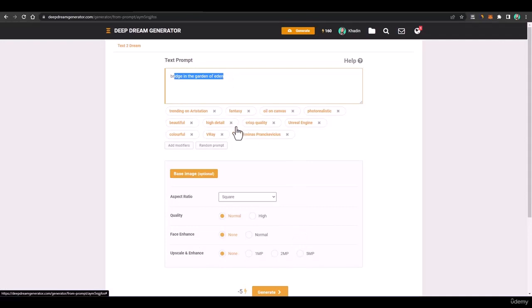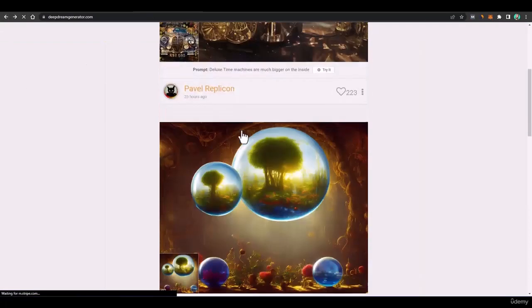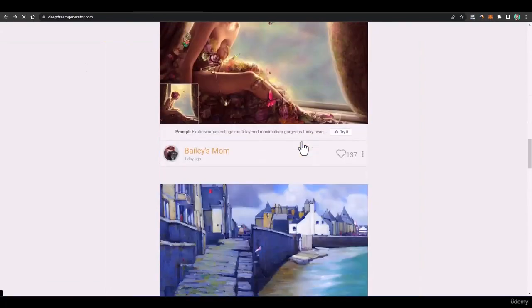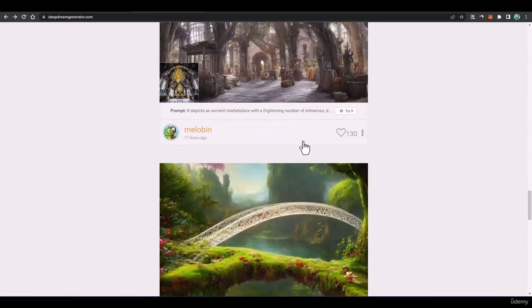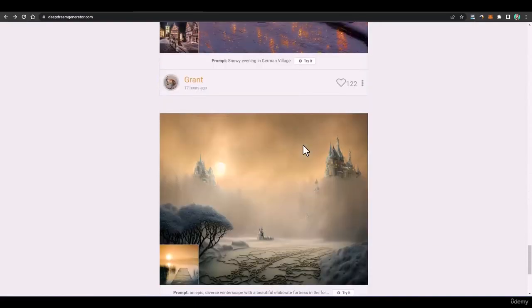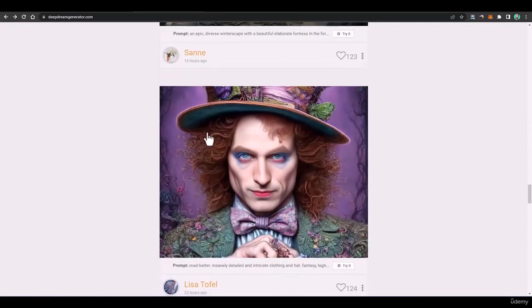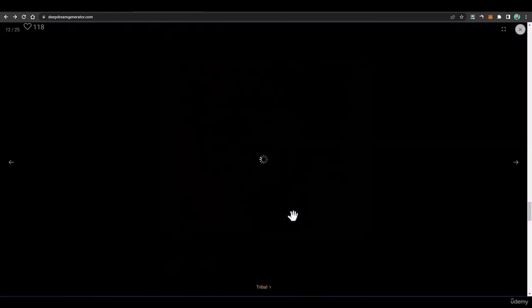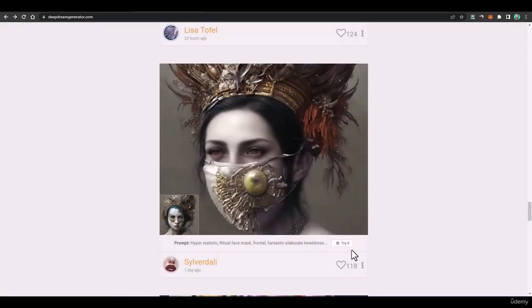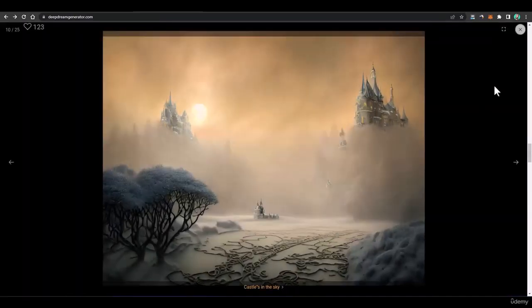have the complete guide on what kind of prompts and what kind of modifiers were used by this artist. The same way, you can have a look at other people's styles, and if you are not a good artist like me, you can just go there. It's not copying, it's just inspiration. You can have a look at arts of different people, and then you can see what exactly they are doing to get these amazing arts done.